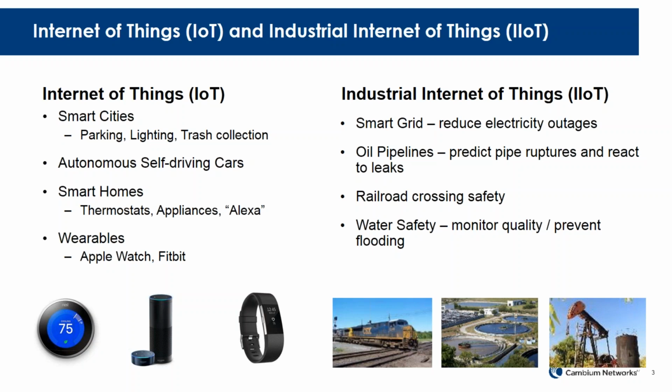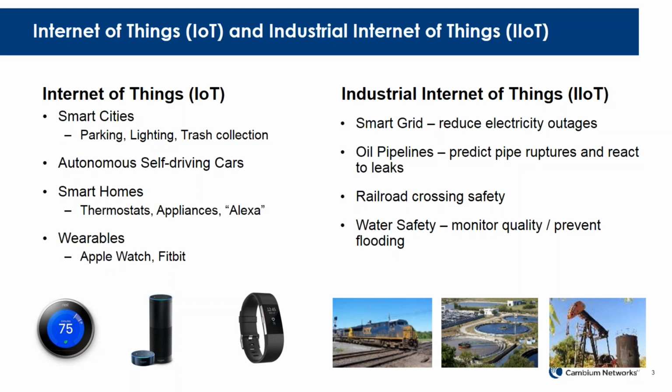So some examples of the Internet of Things that I've listed here on the left are smart cities. You might see smart parking. If you pull into a parking lot and it says there's 17 spots on level 3, that's an example of the Internet of Things monitoring which spaces are open in that parking lot. And one I find pretty interesting is trash collection. You see trash cans now, I think they're called big mouth trash cans, and they have a trash compactor built into them that's solar powered. But they also have a sensor in them that determines at what point the trash can is full,